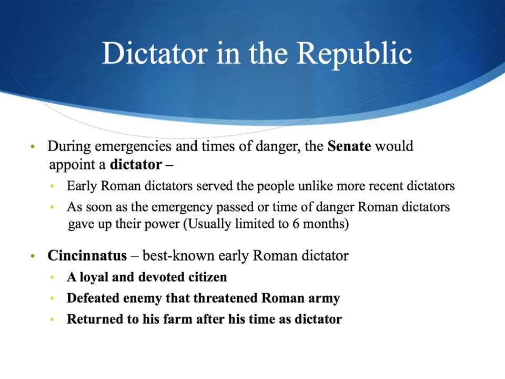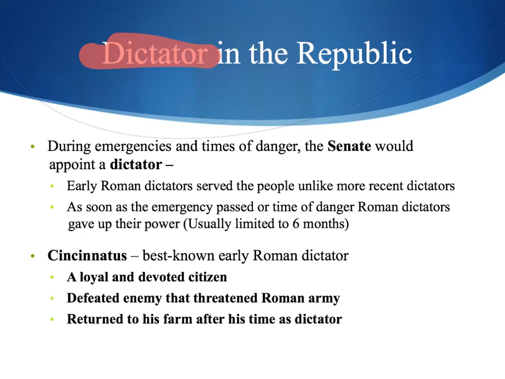So another very important aspect of the Roman Republic is there was a certain component. There are certain times when the Roman Republic needed one man to make a decision for the entire republic, for the entire country, the entire city. And they would appoint a dictator. Now, when we hear the word dictator, we probably think of someone who took total authority by force. But in the Roman Republic, a dictator was one man who was appointed and given total authority to make laws, command the military,